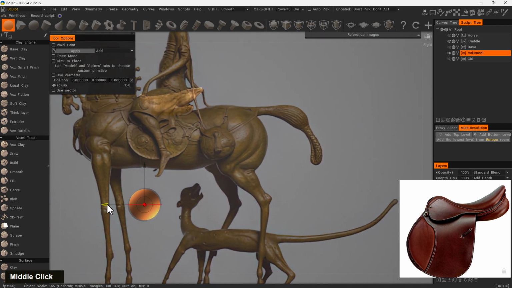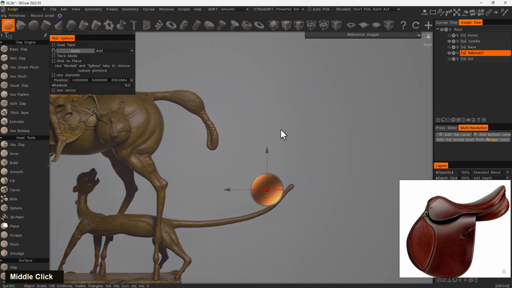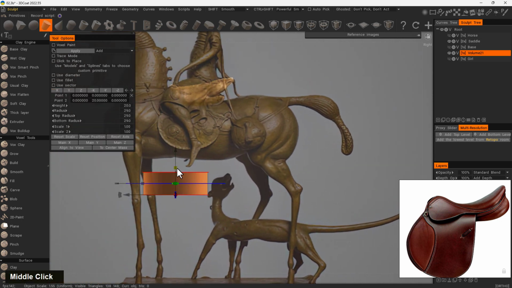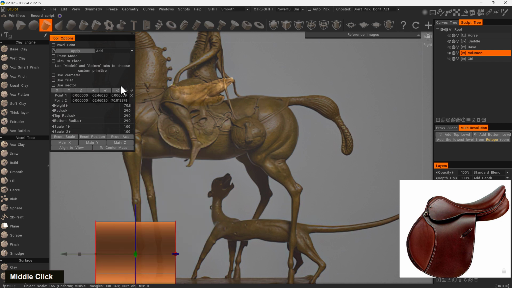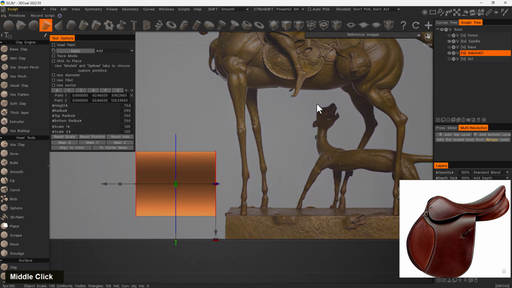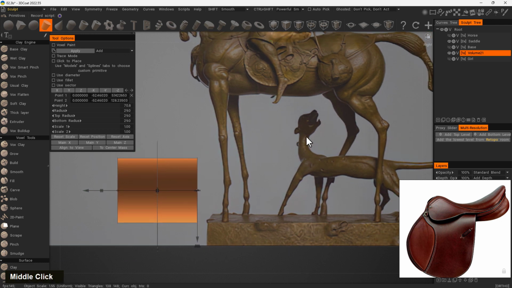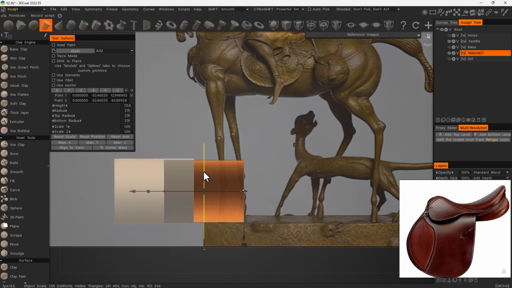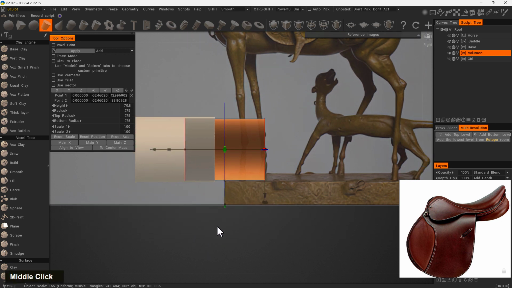let me bring the primitive here. If I switch to cylinder and make it a little bit bigger. Now if I hit apply, I can add that to the scene. Then with a smaller and more